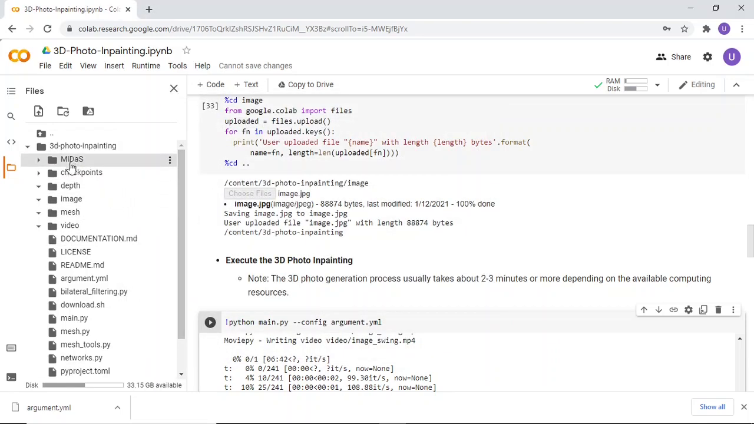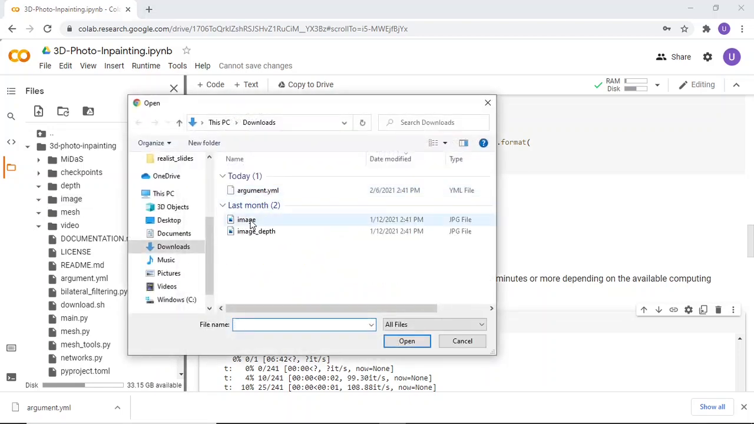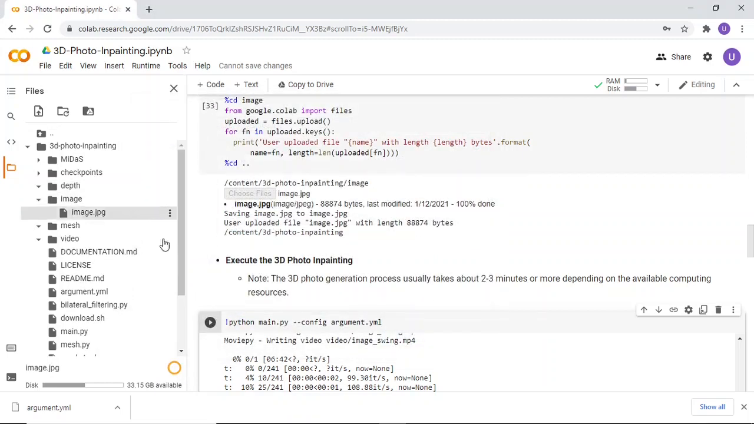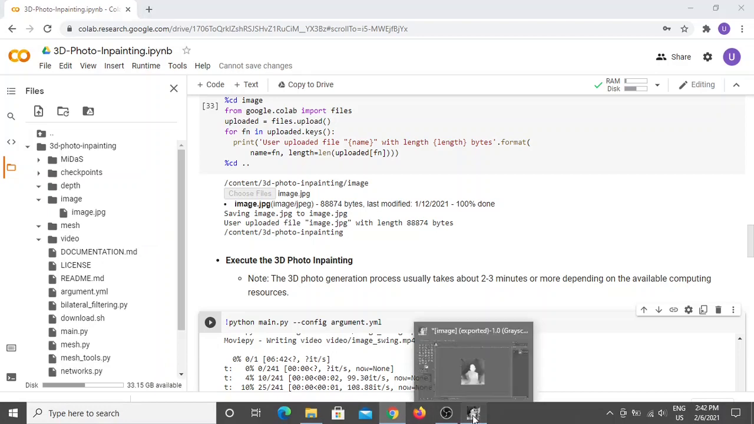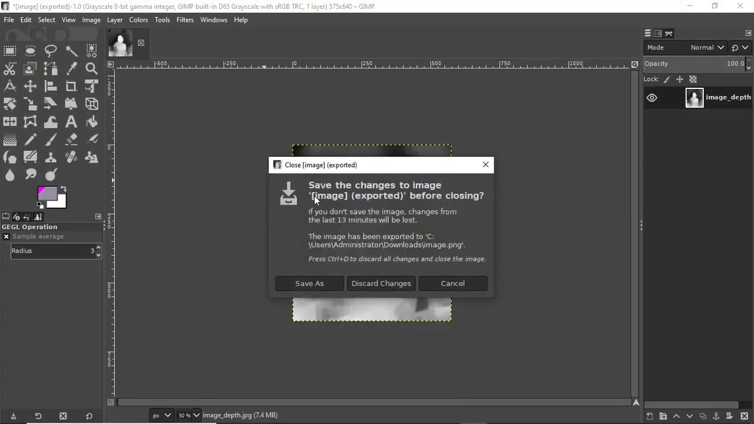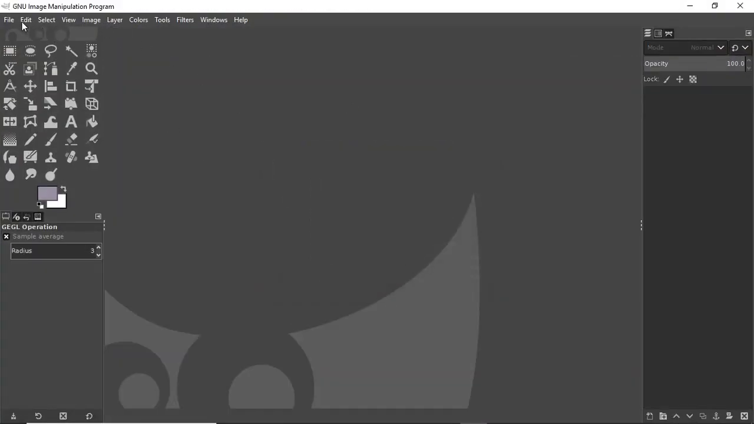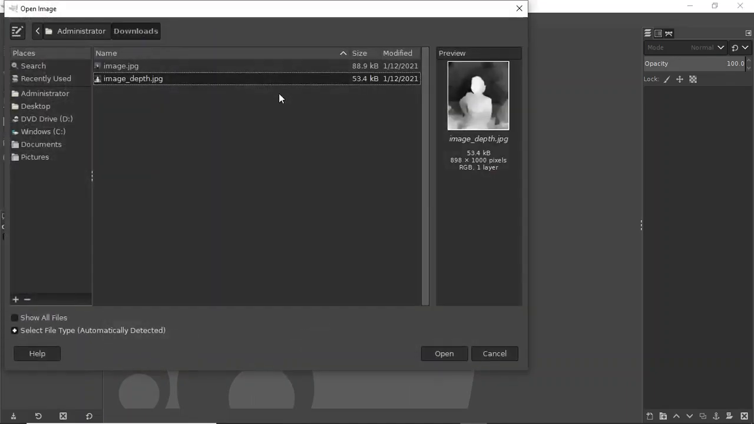Next thing, on the image, there's nothing there. So I'm going to upload image.jpg, and for the depth map, you need to do a little bit of work, and I'll show you what you need to do. So let's load the depth map I have, image_depth,